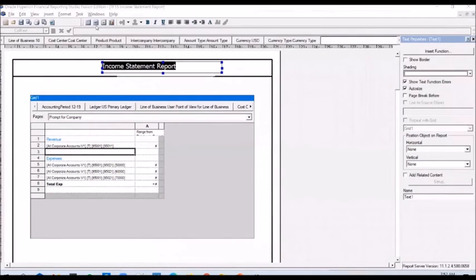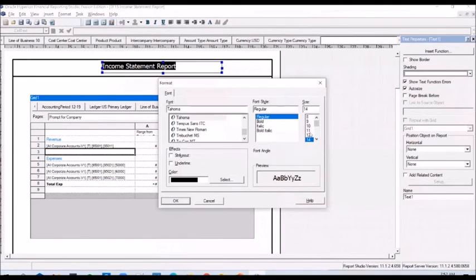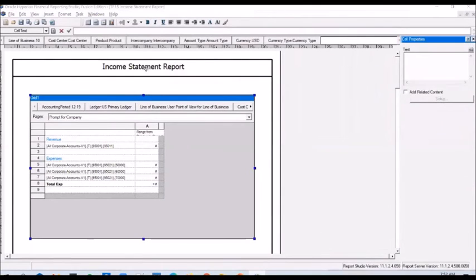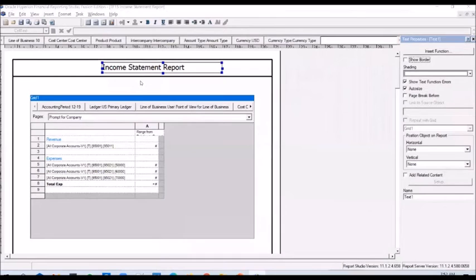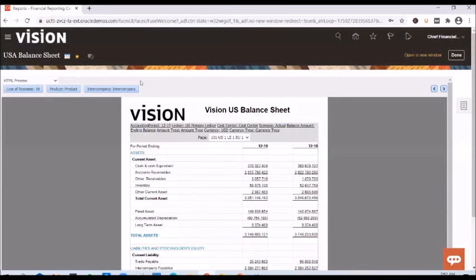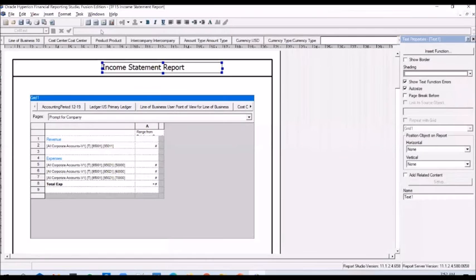You might probably want it to be a 14 or more. Or maybe 16 and click OK. So that's how you add the heading to your report. And you can make it bold if you want.